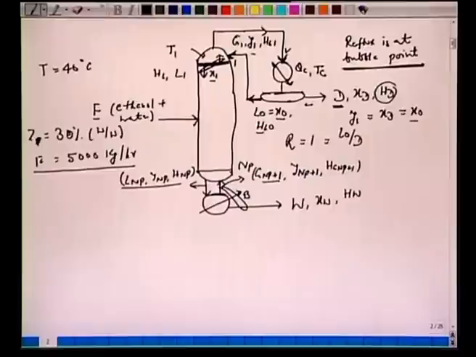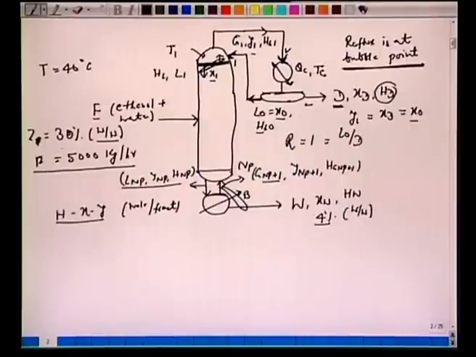The first thing we should note here is that it's given as weight per weight. All right. So we have to convert all of this quantity into moles, mole fractions. That's the way we have to do it, because enthalpy diagrams, HXY diagrams, are mostly given in mole fractions. If it's given in weight fractions, then one can work on those quantities. But in this problem, we are going to give the HXY diagram in mole fractions. So we have to convert all compositions for the feed, the top product and the bottom product into mole fractions here. All right. So your top product is also given here as 4% weight by weight.